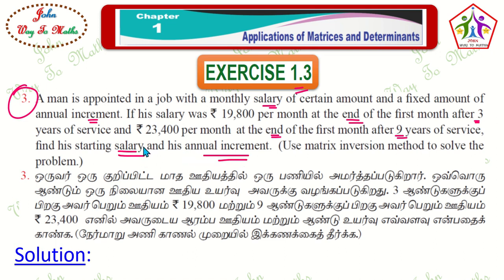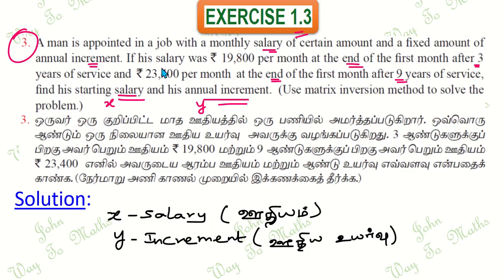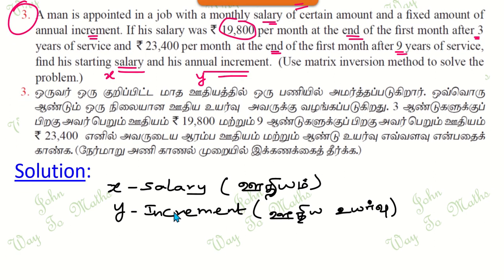So X, I'm going to consider X is the salary, Y is the annual increment. Then first condition, if his salary was 19,800 per month at the end of the first month after 3 years of service. So first I'm going to write, so after 3 years, his salary plus 3 years குரிய annual increment ஓட சேர்த்து per month we get 19,800. Condition number 2,